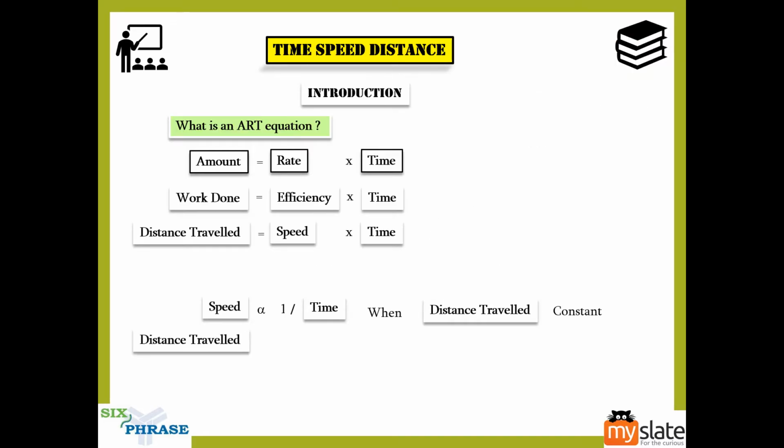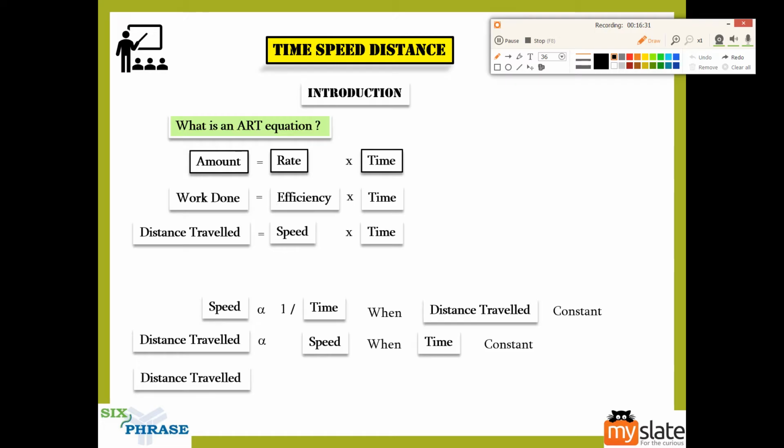So the next relationship is when the distance traveled is directly proportional to speed when time is constant, guys. You can use the same method to test this. So the distance and speed will be directly proportionate. Now, for inversely proportionate, when the speed ratios were 5 is to 4, you knew the time ratios were 4 is to 5, right? So this is what we had for inversely proportionate.